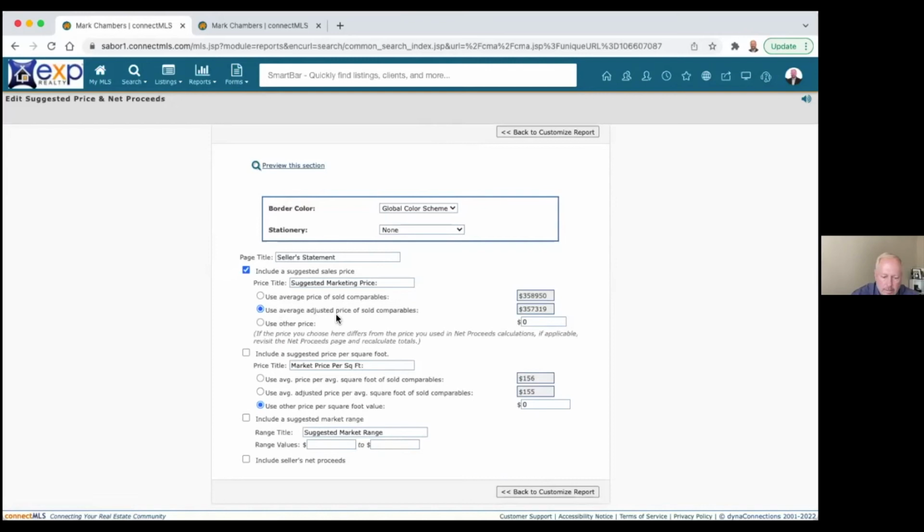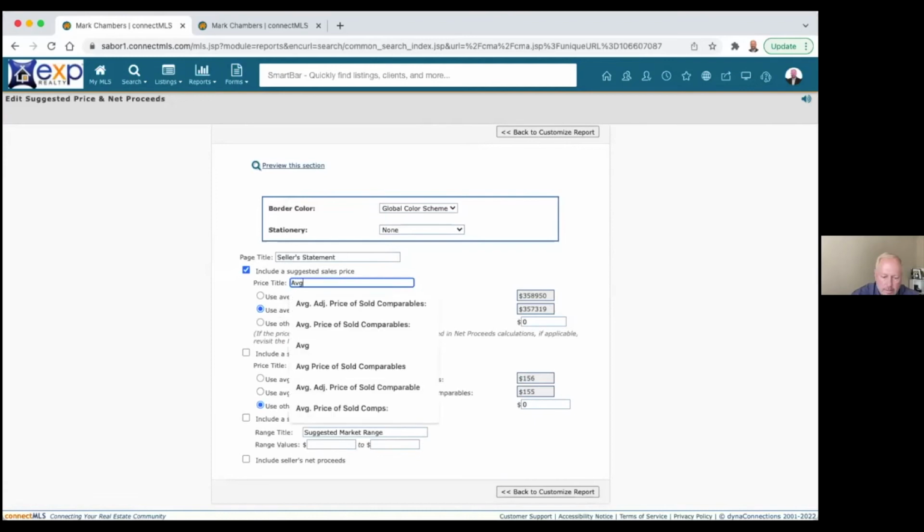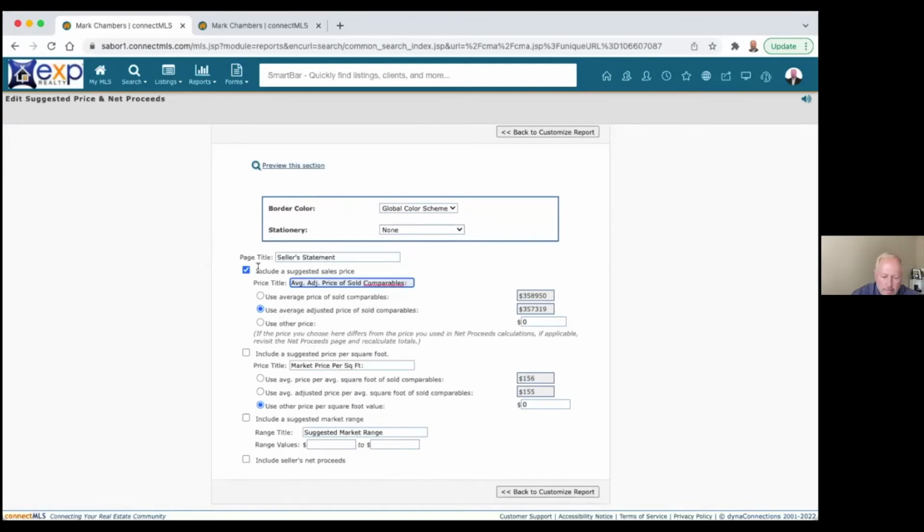The average adjusted price per sold comps is $357.19. I want my seller to know that. So I'm going to type in average price per sold comps, click that's what I want to show. The average price per square foot is $156. Be careful, this doesn't always match